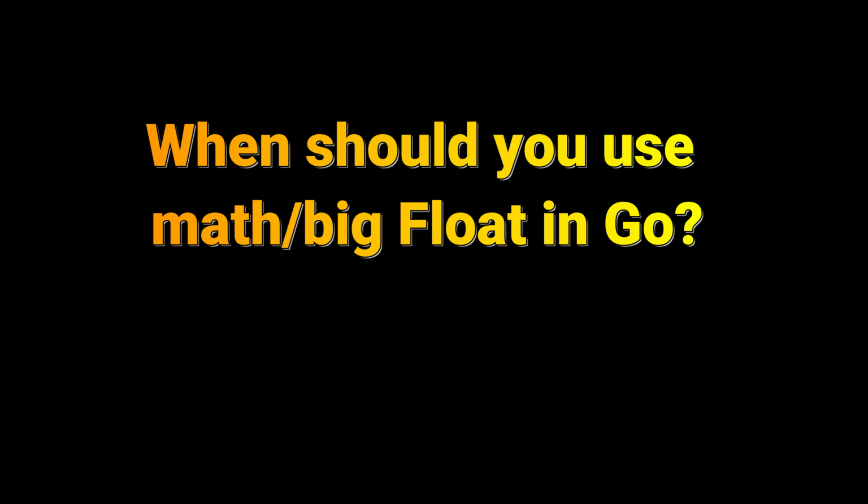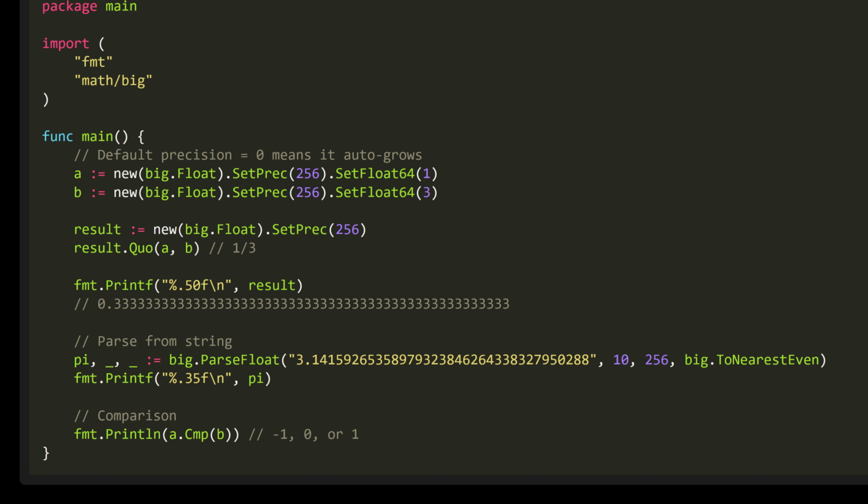Question: when should you use math.Big.Float in Go? You should use math.Big.Float in Go when you need very high precision for decimal numbers. Unlike float64, big.Float can use any precision you choose, such as 256 bits, and it grows as needed. This is useful for things like financial calculations or scientific work where rounding errors are not acceptable. You can do math operations like division, parse long numbers from strings, and compare values accurately using methods like Quo